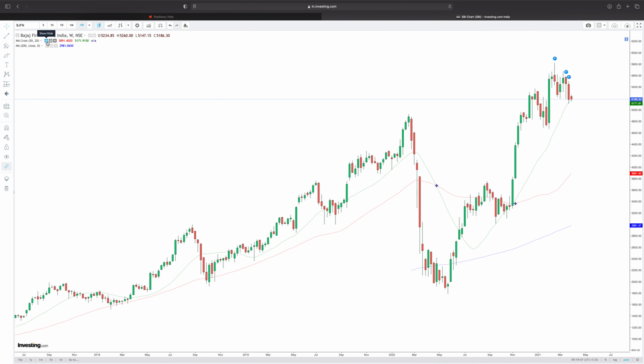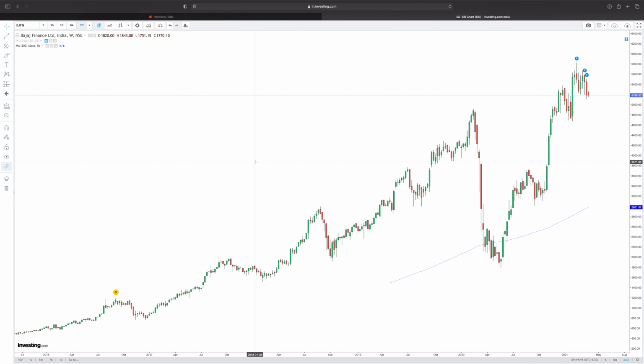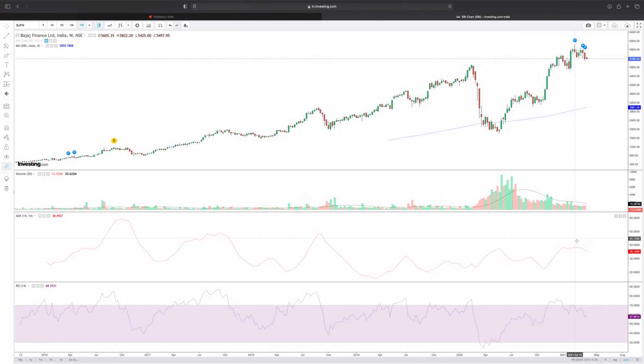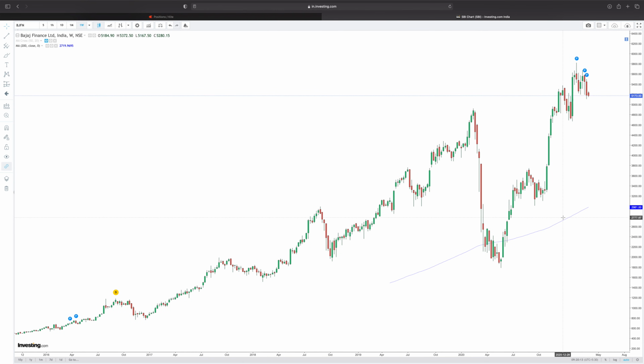Yeah. So when we look at Bajaj Finance, this is also a financial services company. Both of them are a part of the FinServ and banking index. So we see the 200 SMA clearly creating a new all-time high, price at a new all-time high, ADX at 35. We will ignore RSI in the trending time frame. ADX at 35 is clearly indicating that we want to maintain a long bias on the stock. But this bias comes to us from the weekly chart.